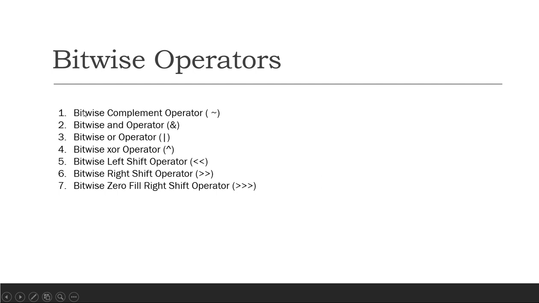The first operator is the bitwise complement operator. You know, in simple math calculation, what is a complement? The complement operator gives the complement of a given number. The operator symbol is the tilde symbol. And the complement of a positive number can be obtained by changing the 0s to 1s. For example,